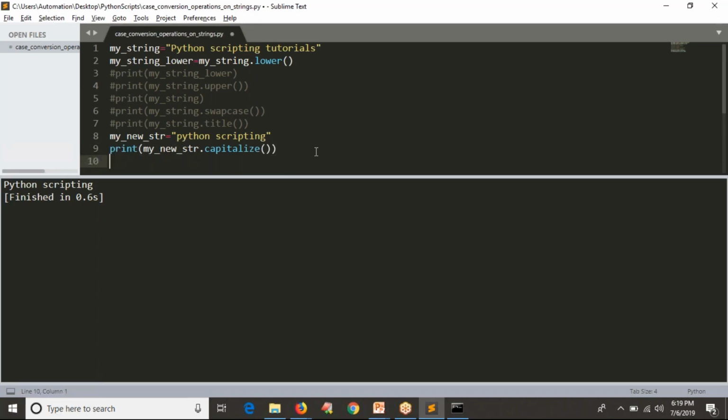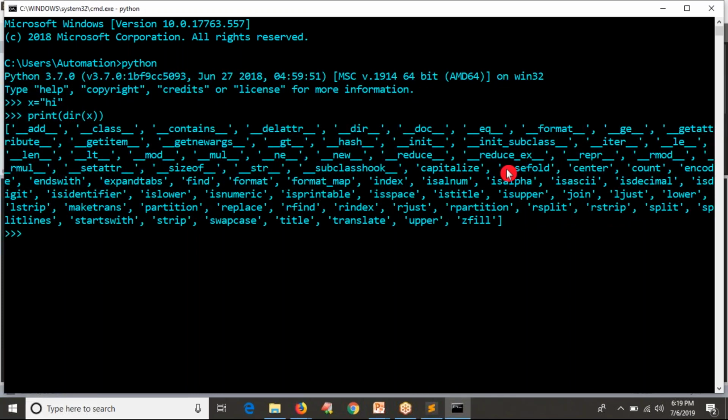So guys, instead of lower, you can also perform one more operation. You don't know whether the given string is in lower case or upper case, but you want to convert your entire string. Let me do one thing, case fold.